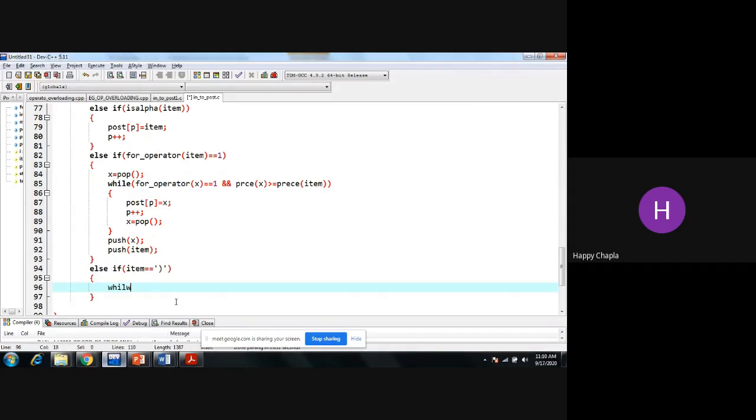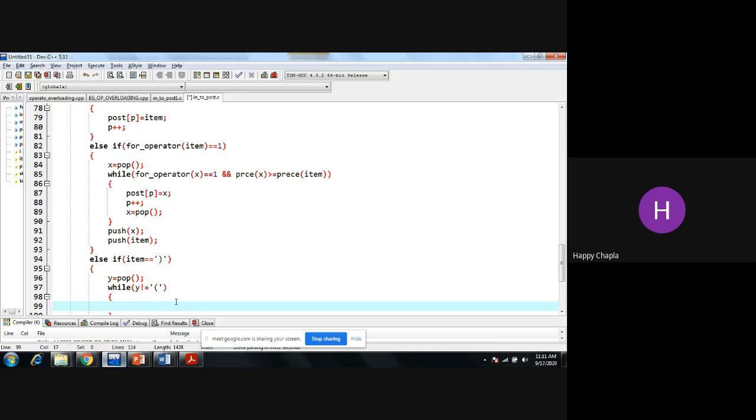So while my variable y is not equal to my starting bracket, till that time I need to add every element into my postfix expression.